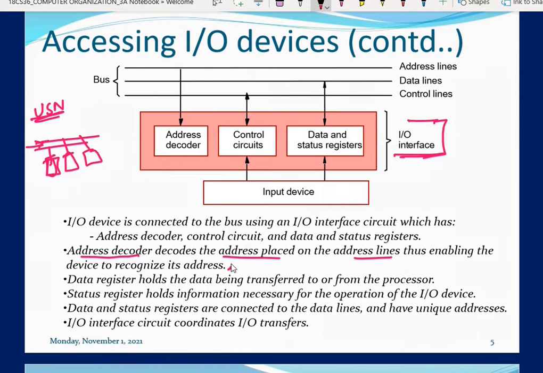Very simple. Next, data register. So data register, the name itself is telling it is a register. We have already known what registers are. General purpose registers. So similar to that, there will be a set of registers that can be used